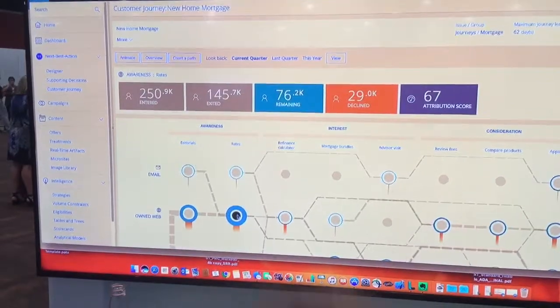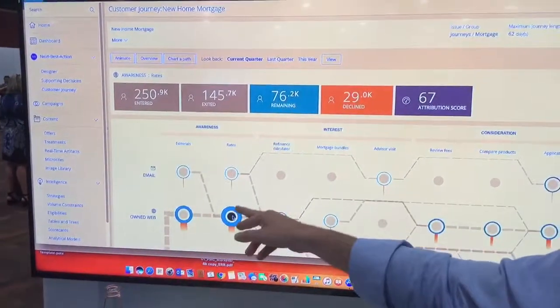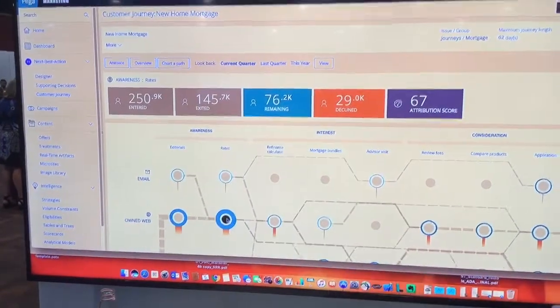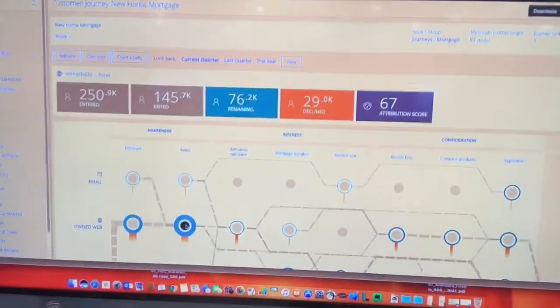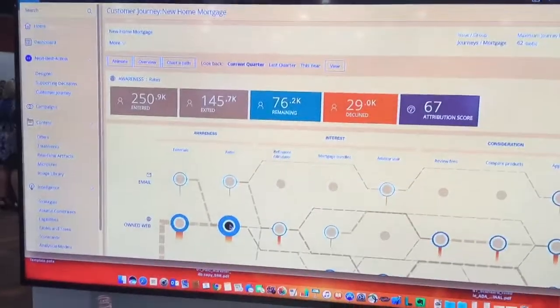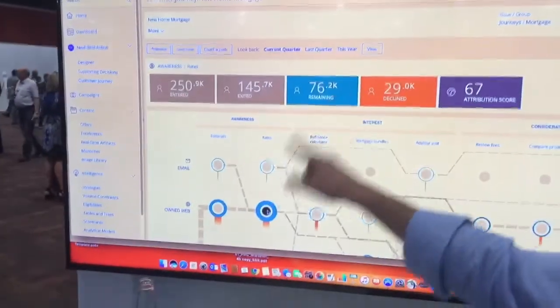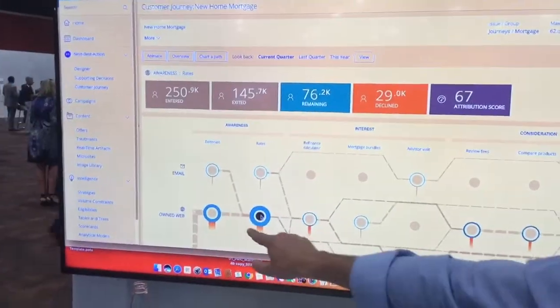They're staying in that step. This says staying, so the thicker that is, the longer they're staying in that step. It's a point of focus. I see that you have an attribution score. Yes, I'll get that in a second, but just in terms of the thickness of this line, there's also the